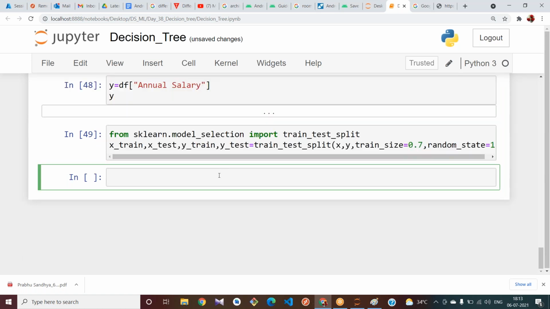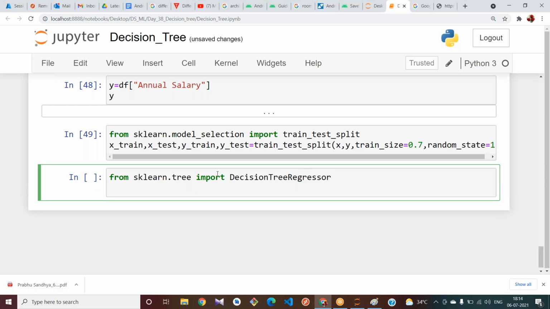After splitting the data, it's time to pass your data to the model, right? From sklearn.tree import DecisionTreeRegressor. Create a variable model equal to DecisionTreeRegressor.